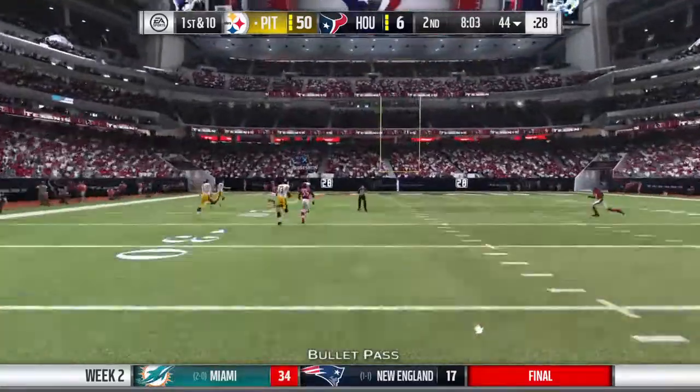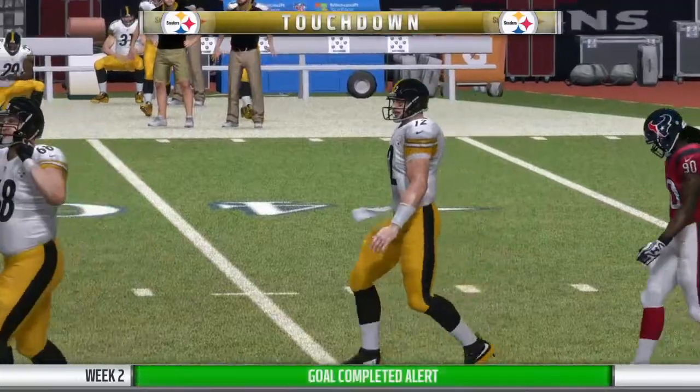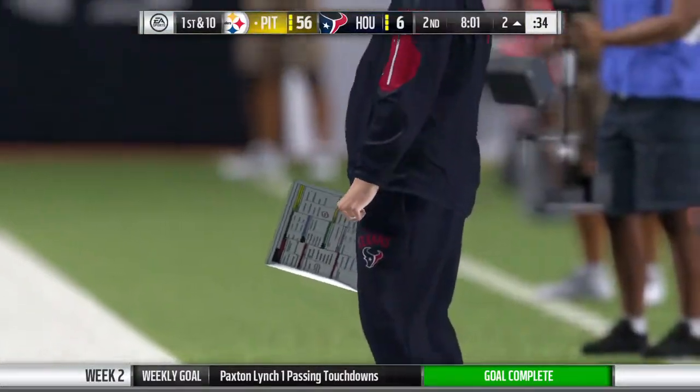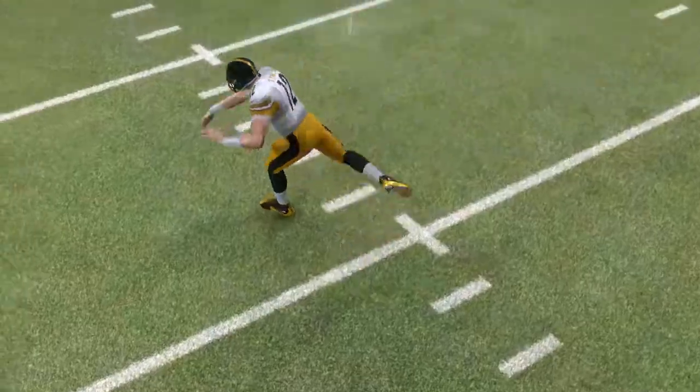He's going to rifle one deep left side. And this is taken in at the 5. And he's in. Touchdown, Steelers. Colby Listenby, his second touchdown of the game, his third on the year. And this